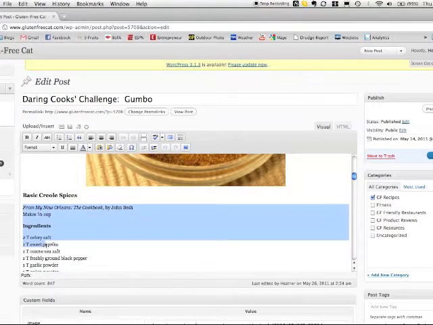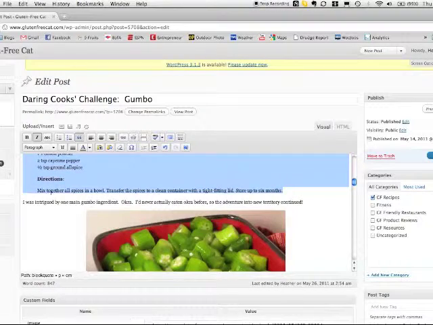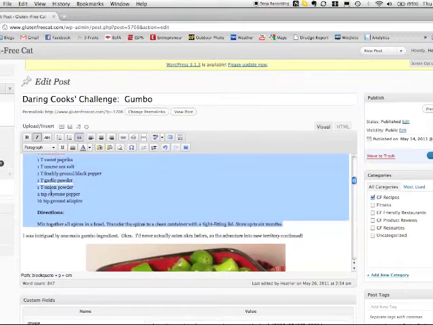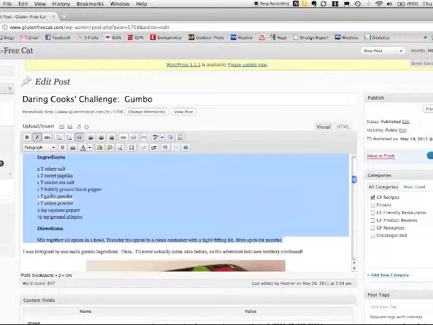Select everything but the title of the recipe here. Looks like it ends right there. And you'll come over here and click the button that has the quotation marks on it. It's called the block quote button. Click that and you'll see that it indents your recipe. And while you have it selected, go ahead and copy it, either Command C on a Mac or Control C